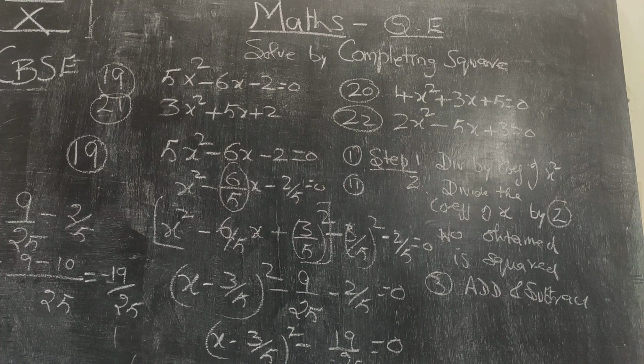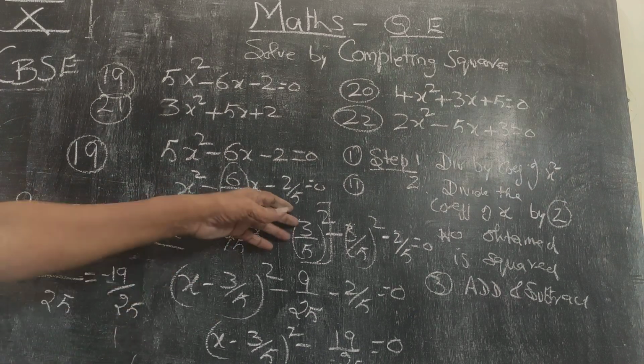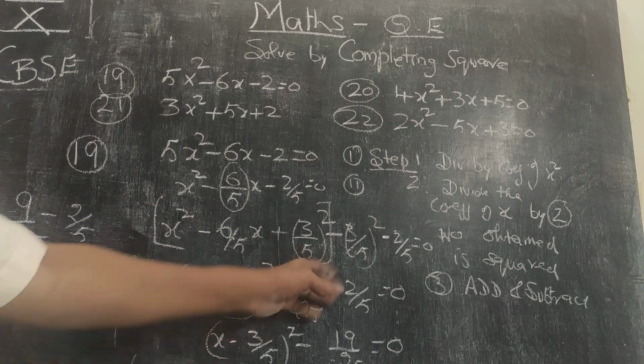Being the first problem, let me repeat again. If there is any coefficient of x square, divide the entire problem with that. After that, you find what is the x term, divide it by 2, square up, add and subtract with the problem. You group it in such a way that you will find a minus b the whole square or a plus b the whole square, and minus of something you will be getting.